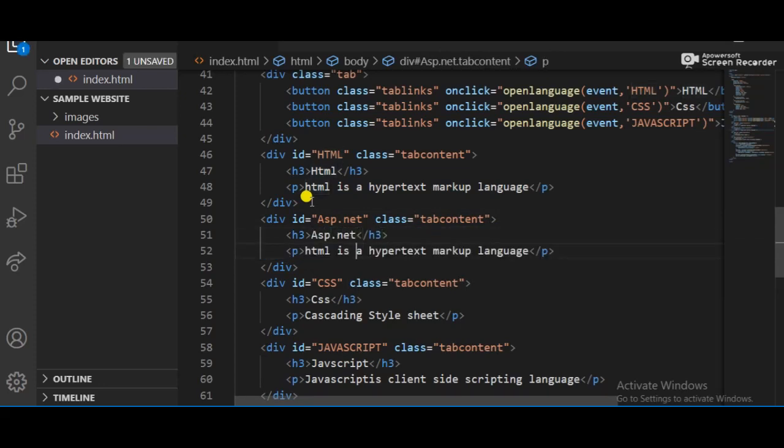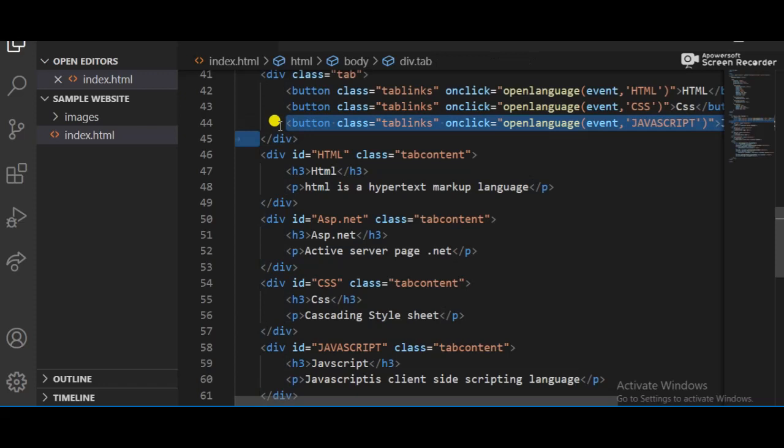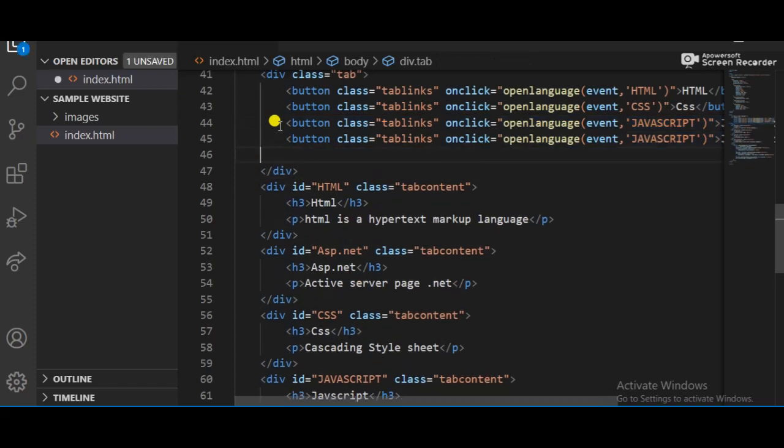And what is ASP.NET? Active Server Pages. So this is a .NET framework. So we need to add another button. I call it this button, copy it and paste it here. So what should we do? We only need to apply this id, nothing else to do. Okay, so I copy it and add it here. Okay, fine. So now let's see whether it works or not.